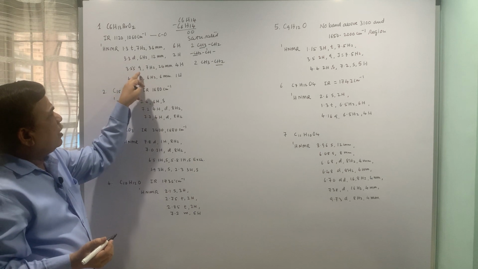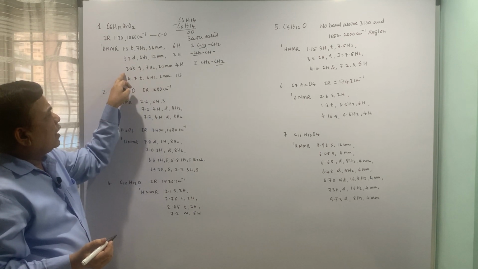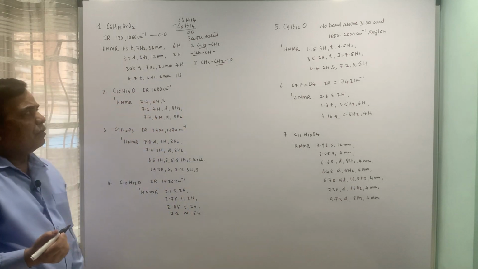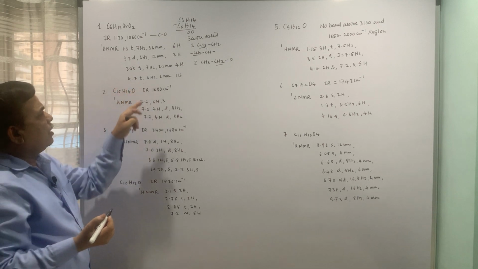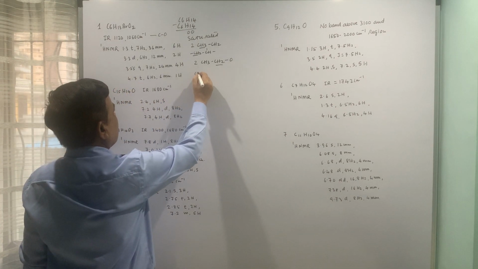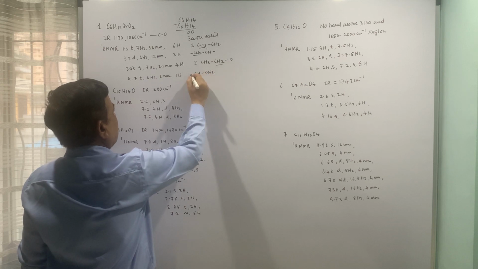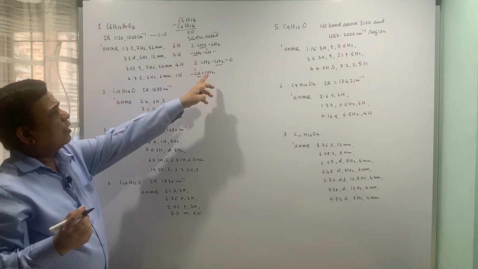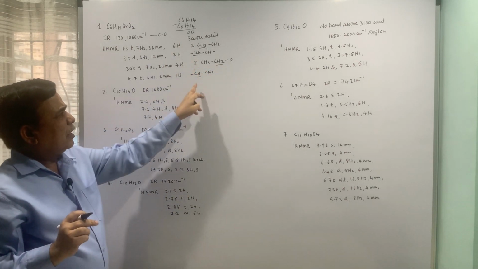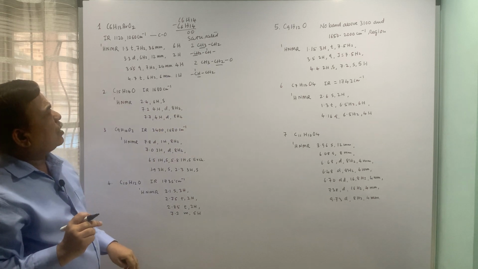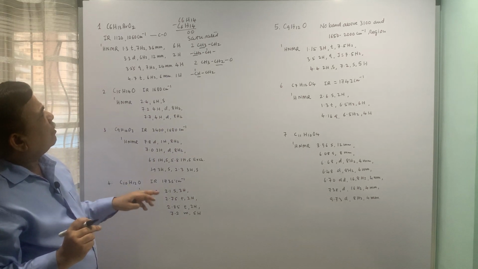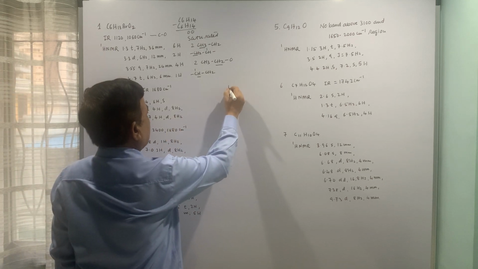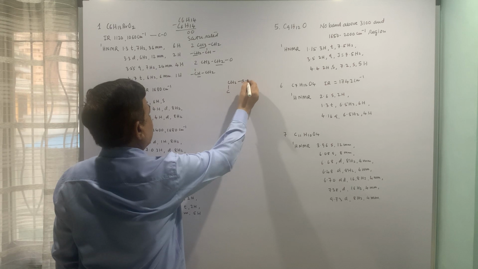Now here one more thing one can add. Quartet at 3.55 means this is attached to oxygen. 4.7 triplet 1 proton, this is CH which is having CH2 as a coupling partner. So these are the templates. So 2 ethoxy groups are there, 1 CH2 is also there, and of course Br also we have to accommodate it. So I am just putting this structure.